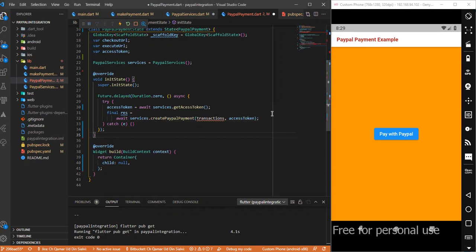So I would be simply creating another method for the get order params, and in the get order params,